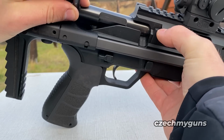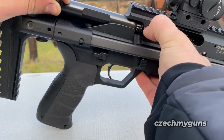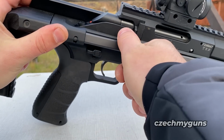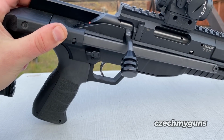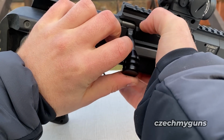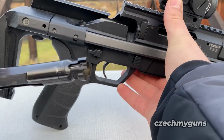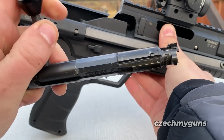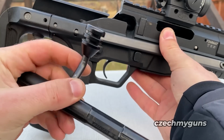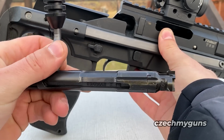So I press that down. You cannot simply push it in. You need to press the button down, and now it's there and working again. If I take the bolt out, again, I need to press that, release it, and if you look at the bolt, it's a different shape than the normal CZ600. It has a different bolt knob. It's a honey dipper style. It has this